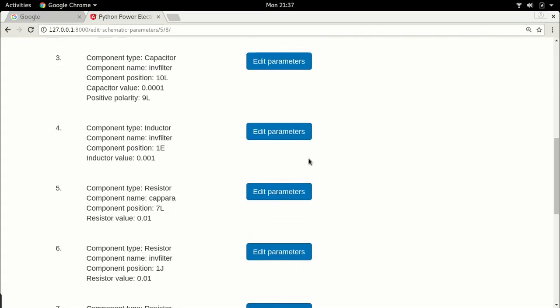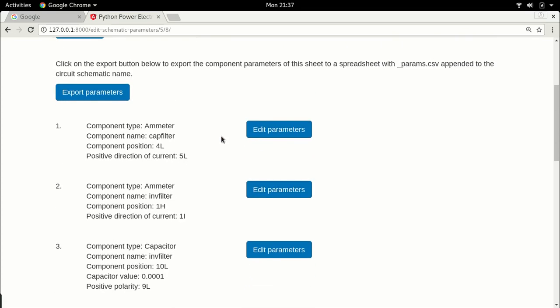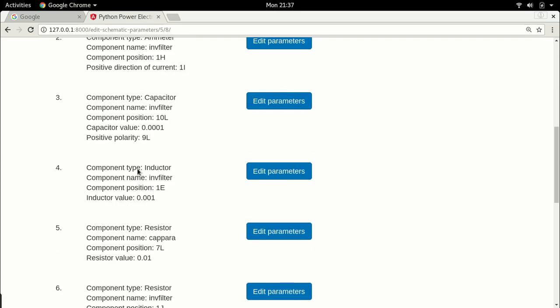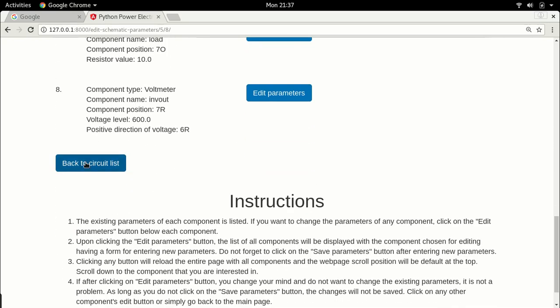Now let's go here and look a little about the values of the filter. So there are two of them. There is the inductor. Here I have chosen a 1 millihenry inductor, and there is a capacitor. The capacitor is 0.0001, which means it is 100 microfarad. Okay, it's a 100 microfarad capacitor and a 1 millihenry inductor. Now let's go back